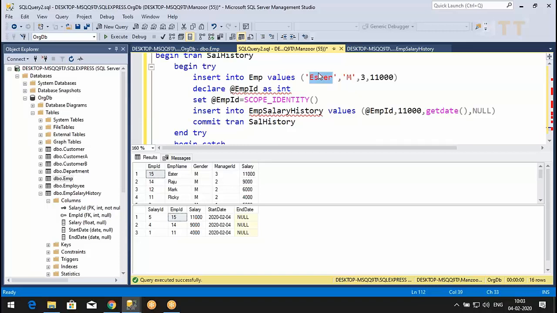So scope, whatever the identity: for this user 1, this is the stored procedure we have, for user 2 also the same. So every user is executing this stored procedure, and every user is generating one identity value. If this user generated 1, and wants to use that identity value in some other table, they should get 1. So identity to this is scope, identity to this is scope, identity to this is scope. This is called scope identity. Hope you understood now. Is this clear?